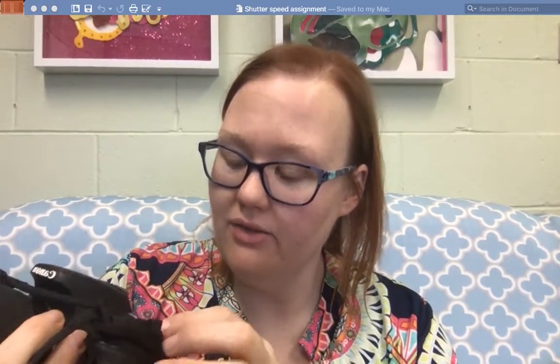So I can, again, on mine, I just move my dial and I get different shutter speeds. Now it's faster. It's 1/25 of a second. Again, that's how long my shutter is open for. My ISO is set to auto. Again, shouldn't have issues with that. If you are having problems, that's something you can try adjusting, but you shouldn't need to do that. Other than that, I think everything else I said last week, so I'm not going to keep you guys too